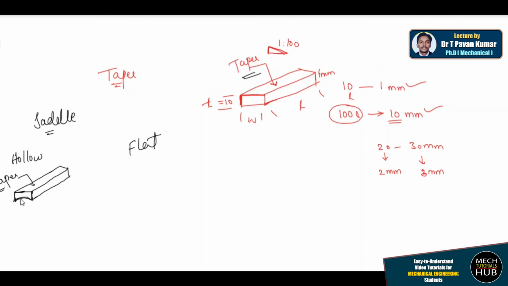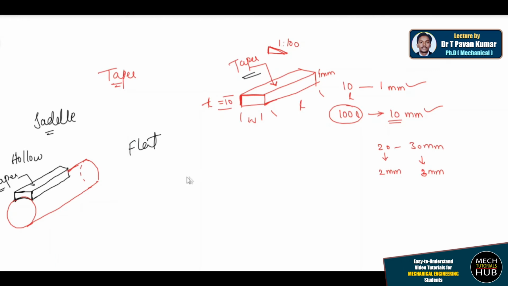This concave shape is going to sit upon a shaft. That is the reason what I said in the beginning. In case of a saddle key, whether it is hollow or flat, the keyway is going to be taken by the hub, not by the shaft. This is how the 3D representation of a shaft and a key is going to be. This portion of the hollow key is going to sit in the keyway of the hub. All right, this is how it is going to be.